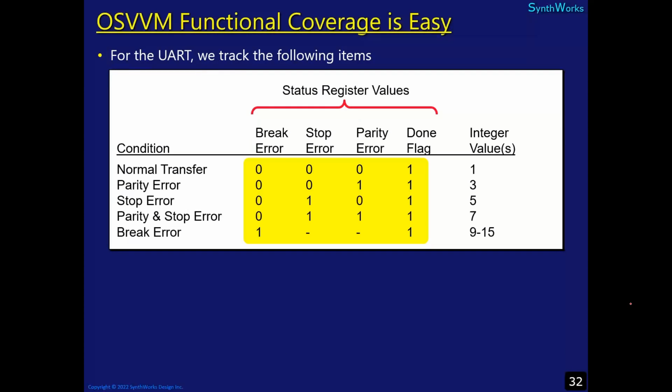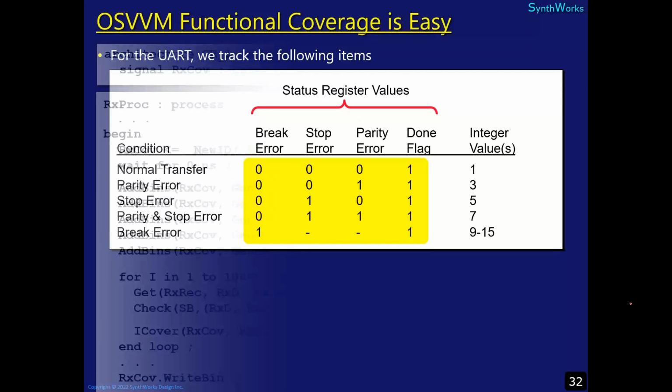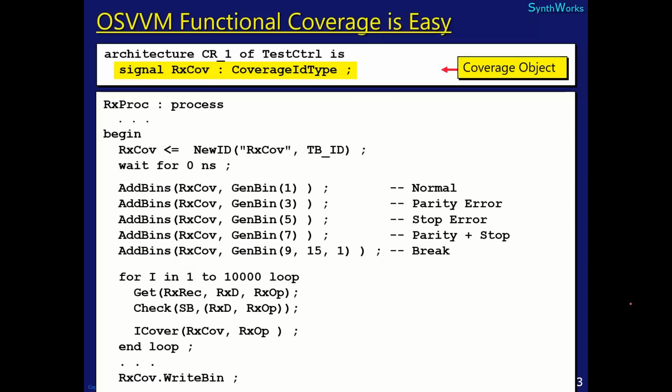So with a UART, we want to be watching: did I get no, break, stop, and parity errors? Did I get just a parity error? Did I get just a stop error? Did I get a parity and stop error? And did I get a break error? So I need to be able to check for things like this. And so the way we do that is,